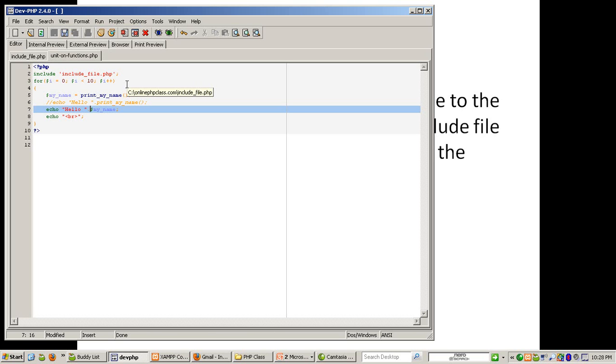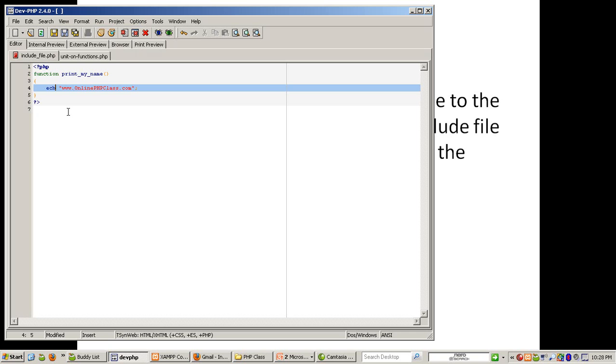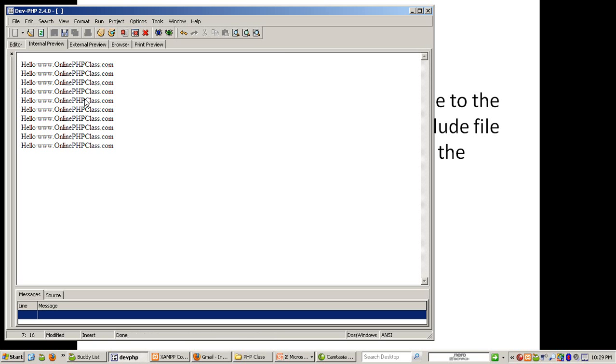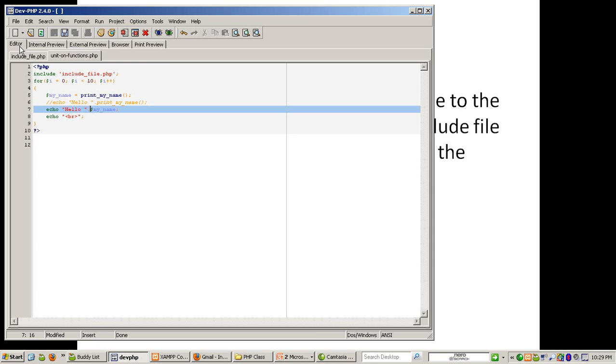All right. If I didn't do the echo, okay, and I did a return, would that make a difference? Yes. Okay, so I think what's happening is the echo in the function